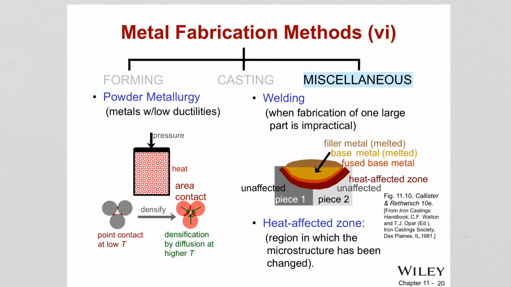Some miscellaneous techniques, one of them is powder metallurgy. In this case, as the name implies, this is usually suitable for high melting point metals and ceramics, but we are talking here about metals. So here what happens is you have the powder form of the metal, and then you apply pressure and heat. What happens, those particles of metals